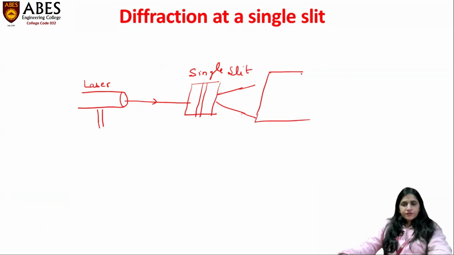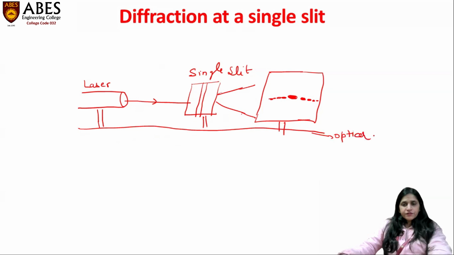So let us draw the screen. And what sort of pattern we get is an intensity pattern, and that intensity is decreasing. This you have observed in the lab, and all the things are mounted on an optical bench. Suppose this is an optical bench, and this is the screen. Now let me connect this screen. Let us draw this screen again.